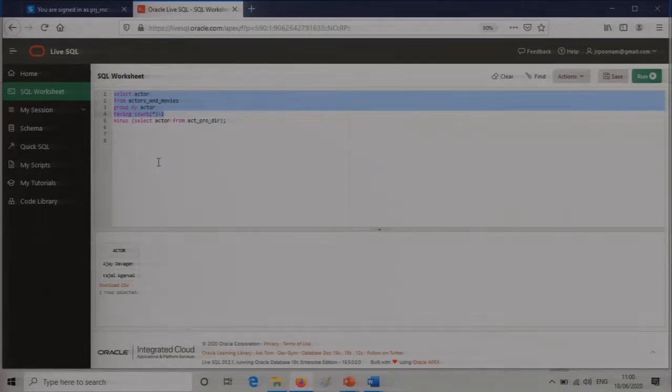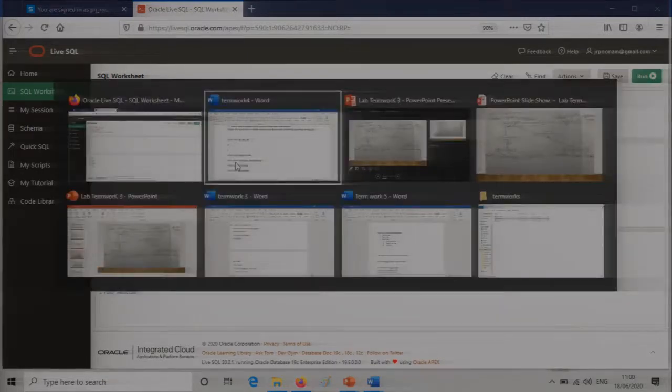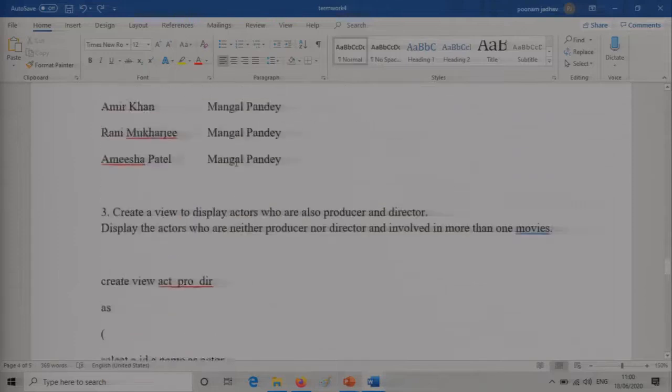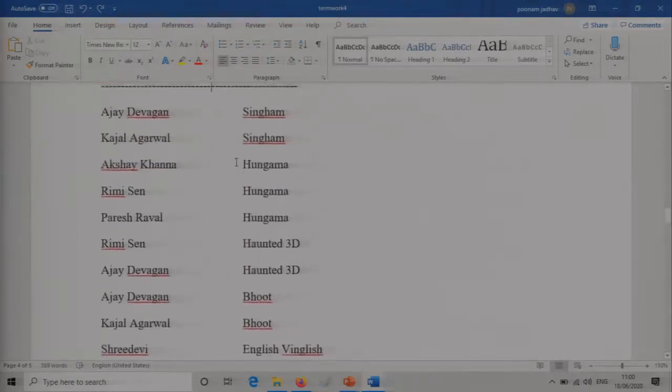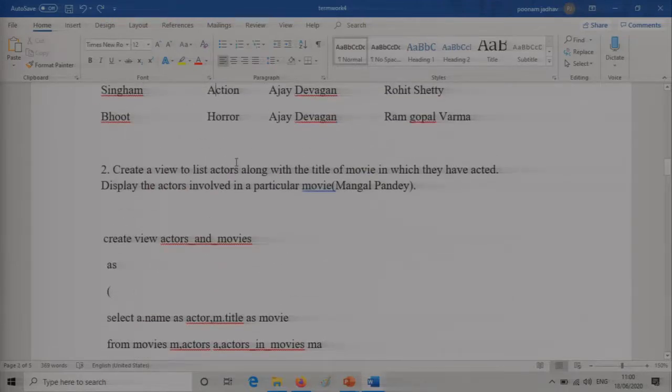Actors and movies was another view that was created, which had all of them there. So who are neither actor nor producer, who are all there? I have to choose them, and minus the view I have just now created, which has all of them who are actor plus director plus producer, which have to be subtracted.